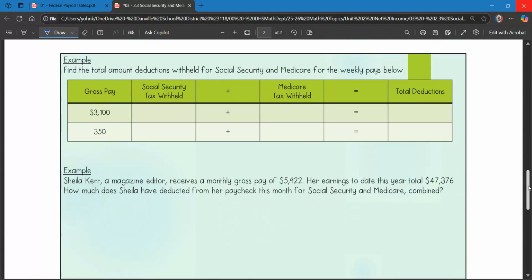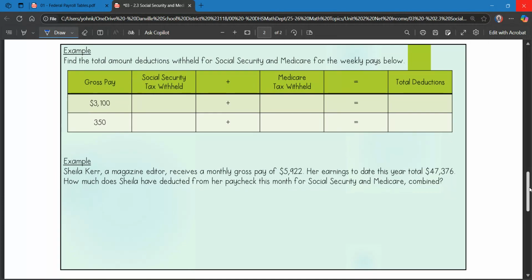So the first problem is a table. Find the total amount of deductions withheld for Social Security and Medicare for the weekly pays below. So I want total amount, which means I'm going to add them all together. So the first example, $3,100 is their gross pay for the week. If I want to find Social Security tax withheld, I'm going to multiply the gross pay by 0.062 because Social Security is 6.2%. If I multiply, I get